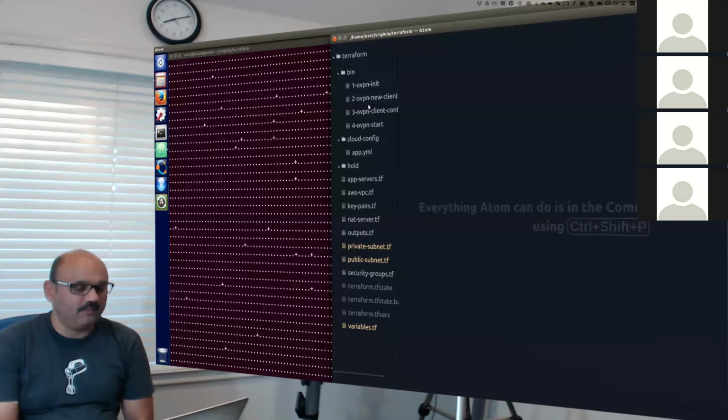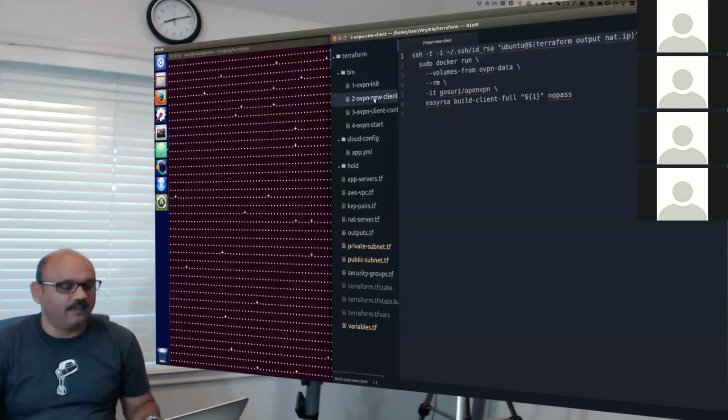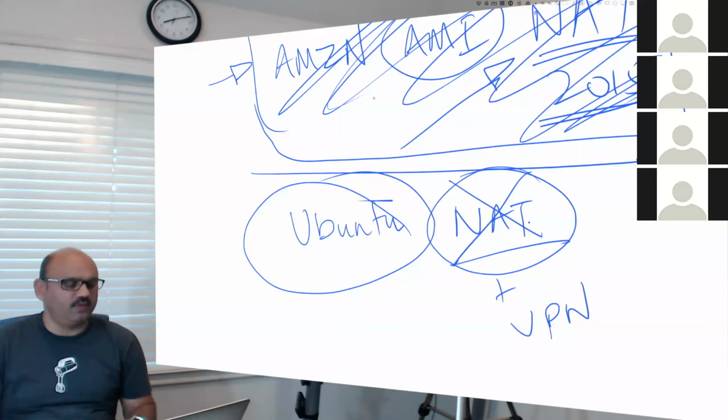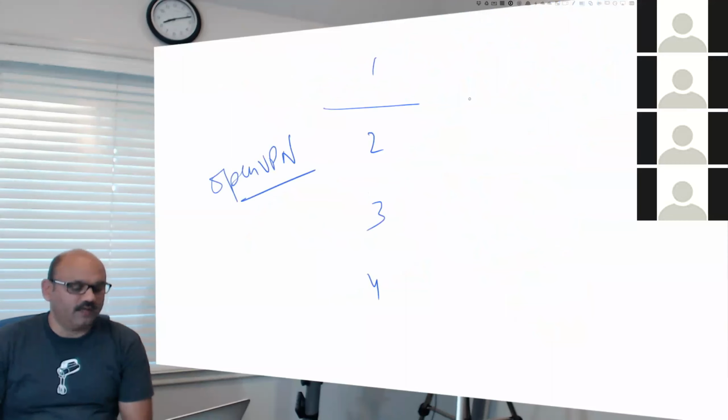Next step, what we want to do is to establish a client. So I'll describe this concept, if some of you are new to VPN. What we are doing in OpenVPN is we are establishing these 4 steps. First one is to create a certificate authority.